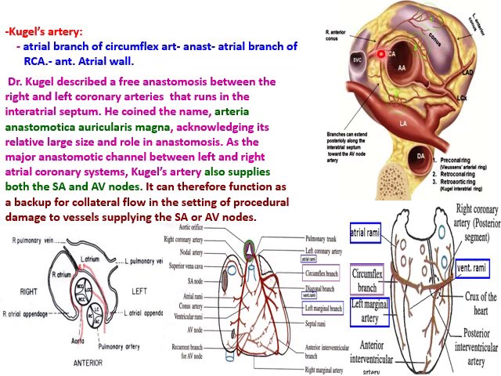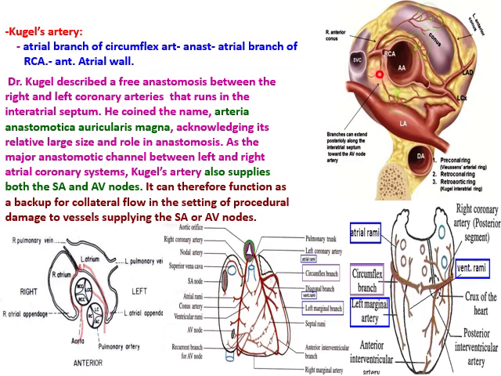So this is the right coronary artery. This is the left coronary artery. The left coronary artery divides into the anterior interventricular and the circumflex artery. The atrial branch or the atrial rami given out from the circumflex artery is called Kugel's artery, which anastomoses with the